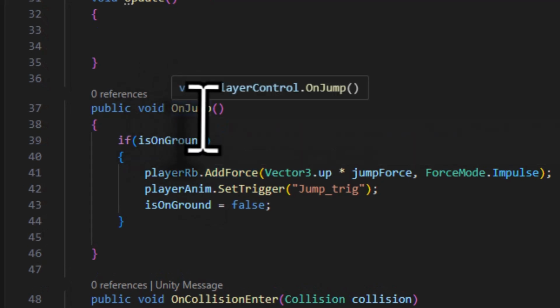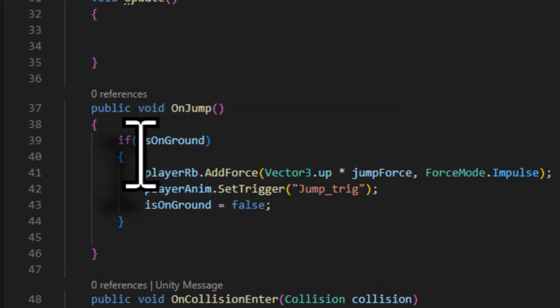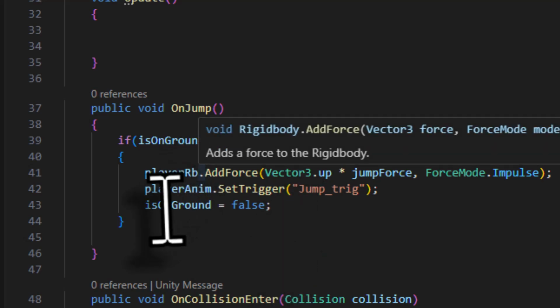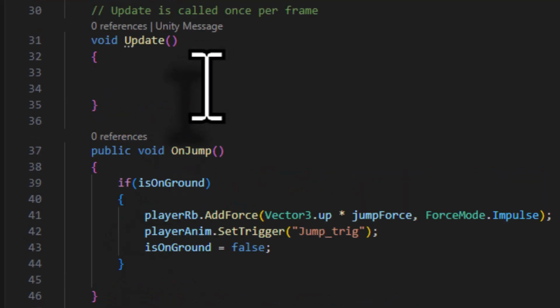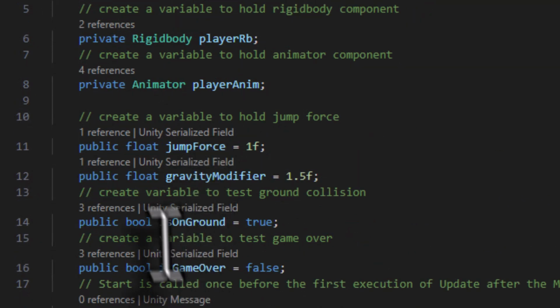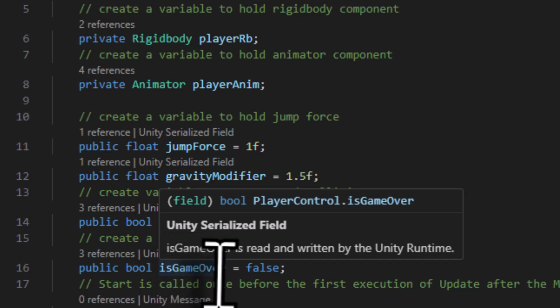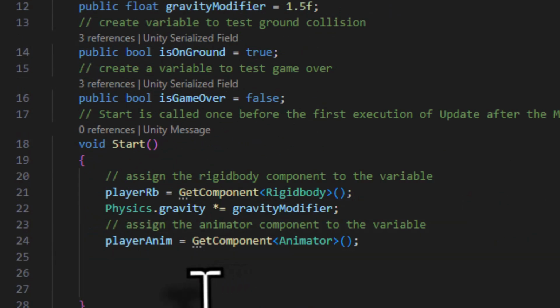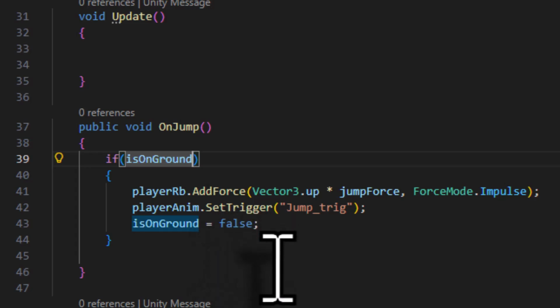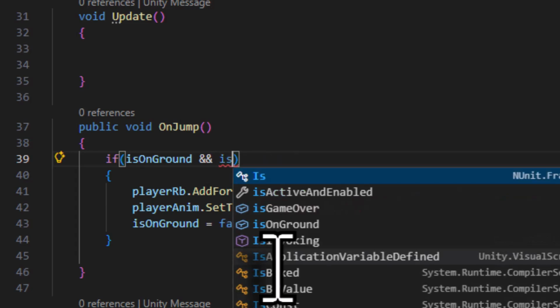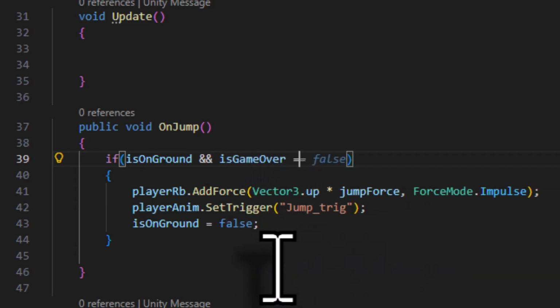If you scroll down, here in this function on jump, we were testing for a condition. If the player is on ground, only then he has to jump. The logic I am going to use is, once he is on ground, and also the game should not be over. We had declared one boolean here, is game over. If is game over is true, then he should not jump. So the condition I will test is on ground, and with that I have to test one more condition. Press space, and I will add 2 ampersand signs, and I am now going to declare is game over